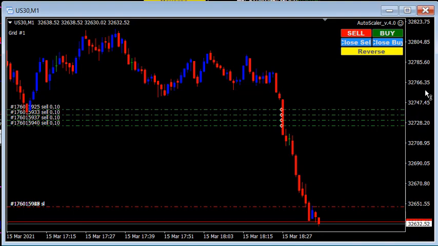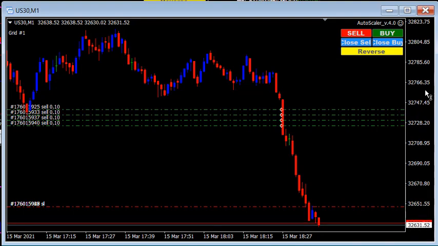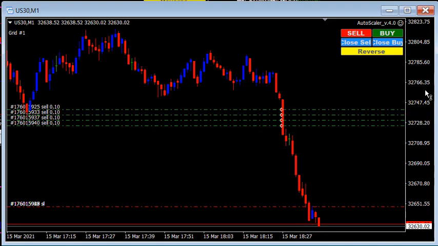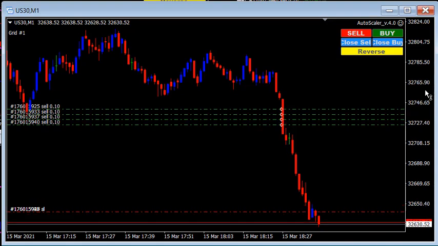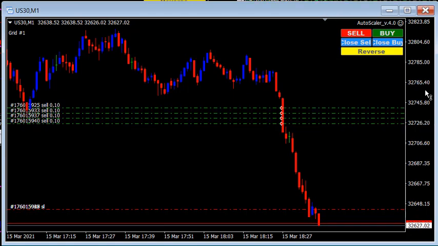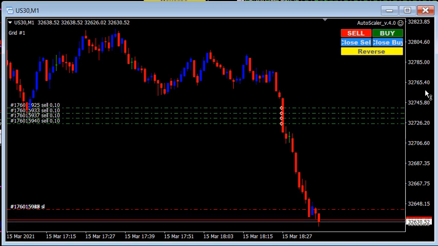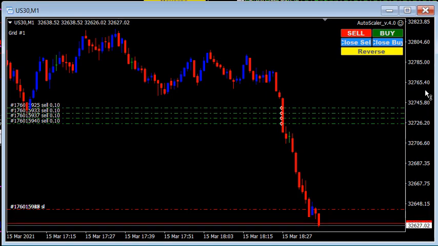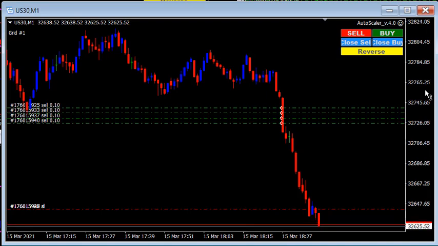Okay, I'm back, and after 5 or 6 minutes of radio silence here, you've been able to see the step stop move multiple times as price just continued in our favor on this trade. There's one more move to the downside. There it is, and now we've kind of reached the end of this trade. I was hoping for one more movement down for reasons I'll explain in a minute, but unfortunately we pulled up just about a pip and a half short, and it would have been